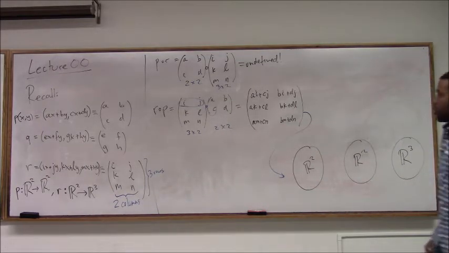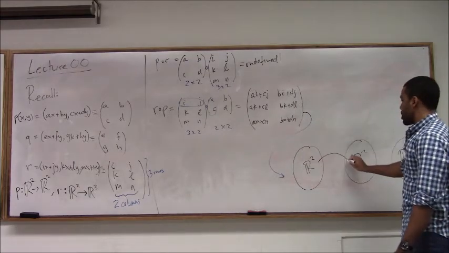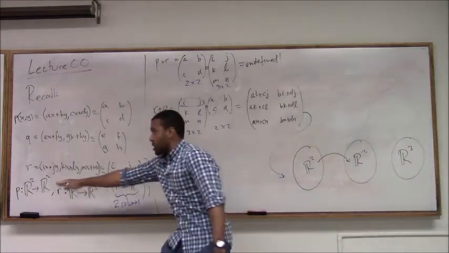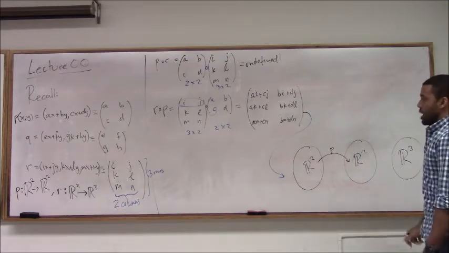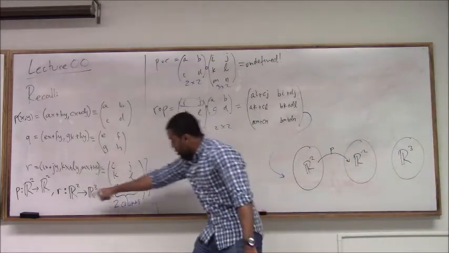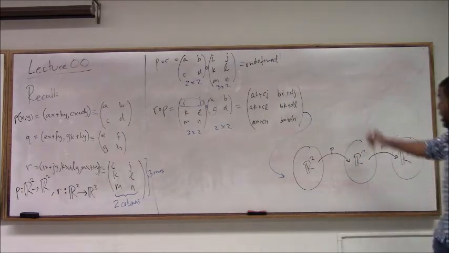What I did was P did something. So P went from R2 to R2 based on how we set up this function. So that's what is our P function. And then our R function went from R2 to R3. So that's what R did. Now you can imagine for this guy,